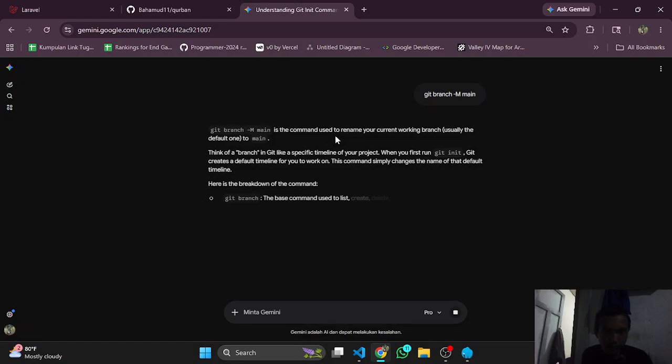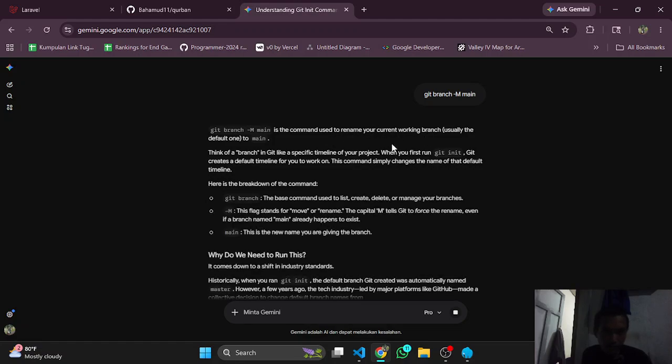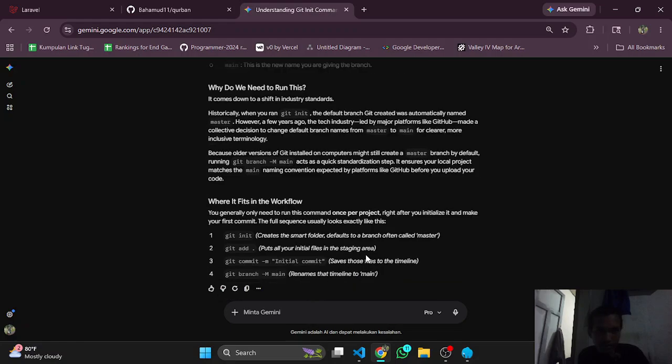Git branch is a command used to rename your current working branch, usually the default one, to main. A branch indicates a specific timeline of your project. When you first run git init, Git creates a default timeline for you to work on. This command simply changes the name of the default timeline. Okay, basically it's like a branch, right?